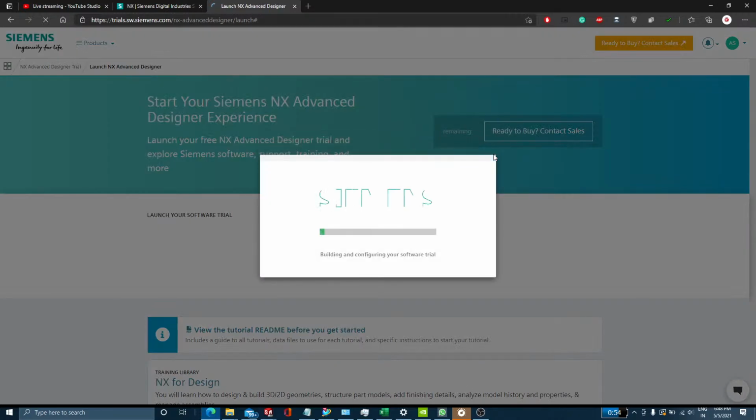We verify our account on the phone, and then we'll be redirected to the Siemens website. Yes, so the website is being launched,